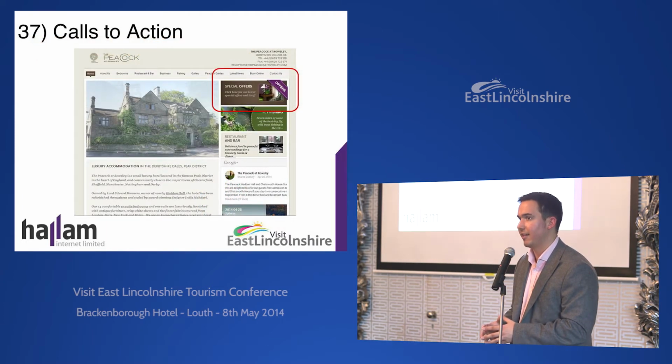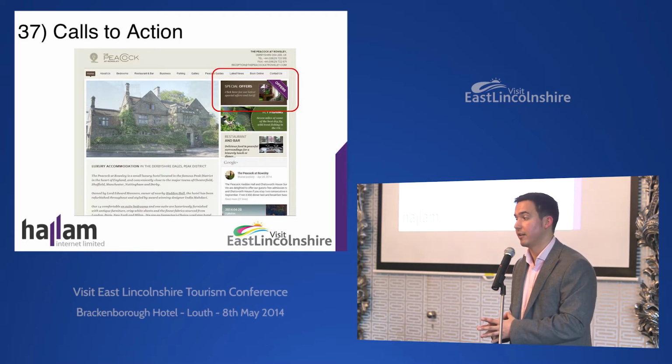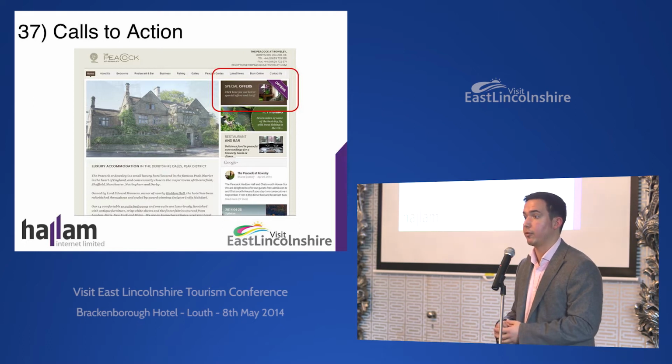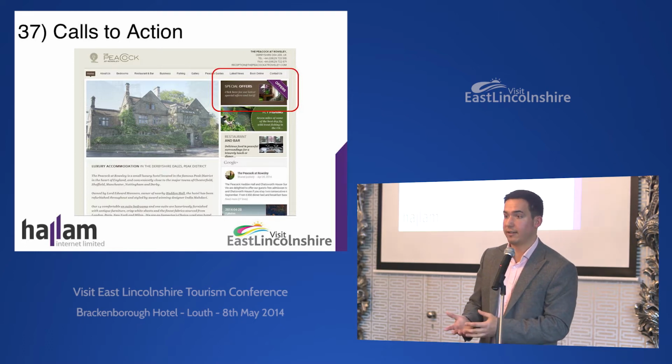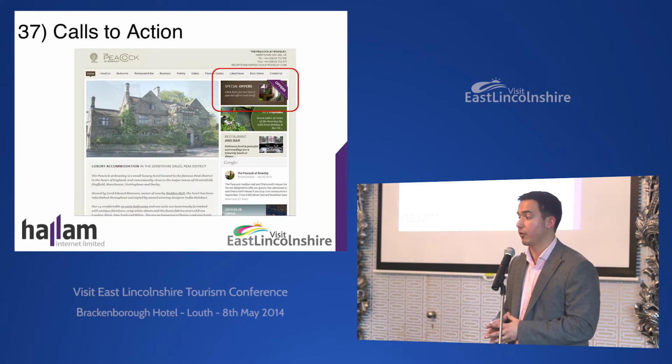Tip 37 is on your website, you want to have strong calls to action. Calls to action is basically just the kind of language that point people towards your final business objective. So you may want people to call you, you may want people to email you, or to fill in an inquiry form. In the example above, which is for the Peacock, at the very top, they've got a special offers